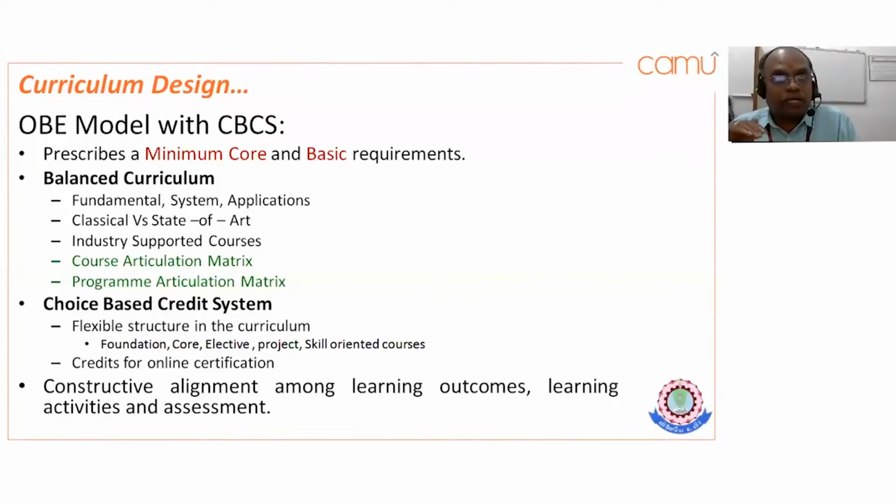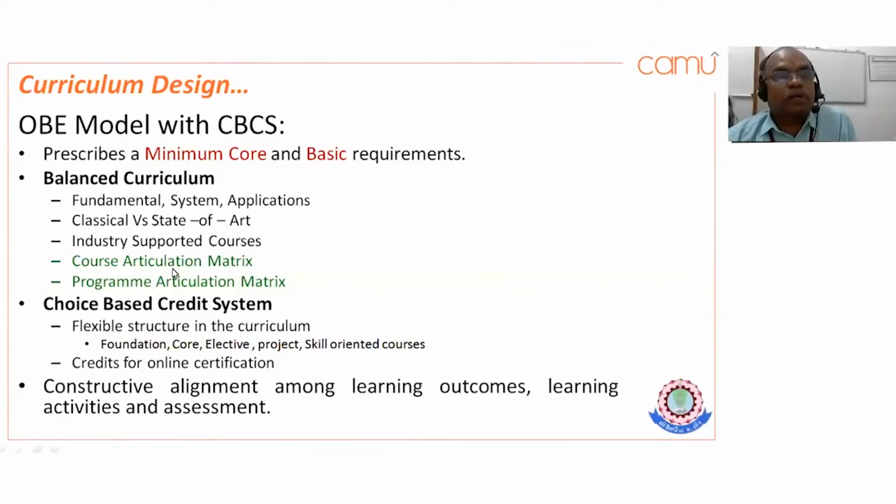Then I look at the average. Let us assume I gave 5 course outcomes and I'm mapping them with some program outcomes. Some of them may have a high level of correlation, some a medium level, and some a low level. I take the average of all these, and finally, as a course, see what is available. That will be accommodated in a program articulation matrix.